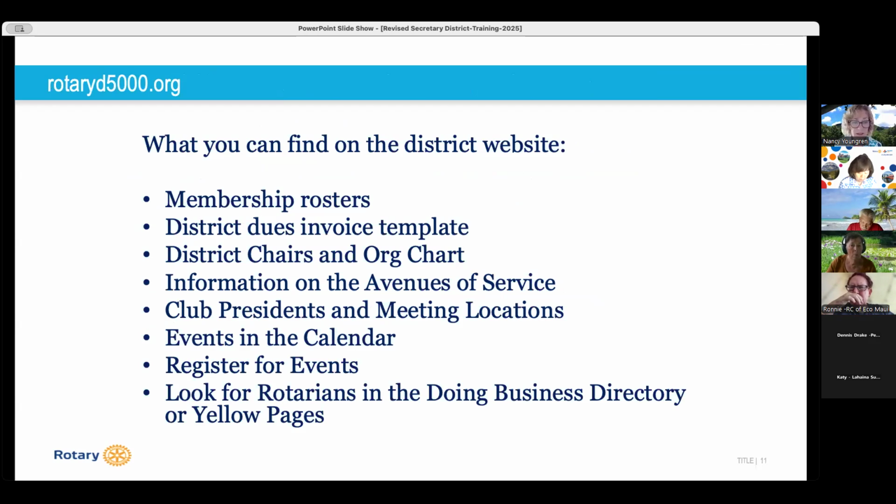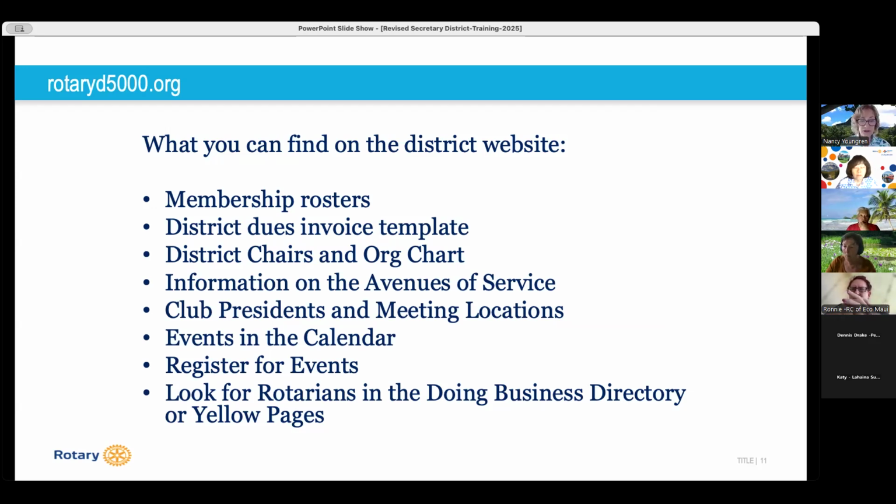What you can find on the district website. This is, again, where I say you really need to play around. There's some of these pieces of information that you can find without logging in as a member, just by going straight to the website, like information on the avenues of service. That is under a tab called What We Do.